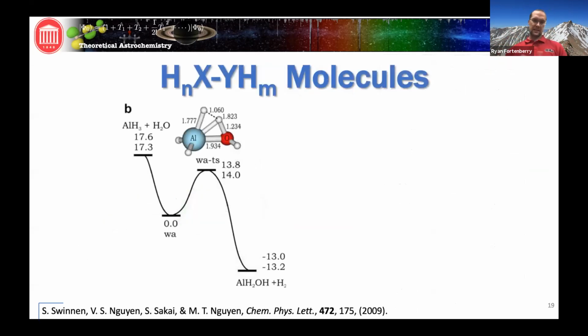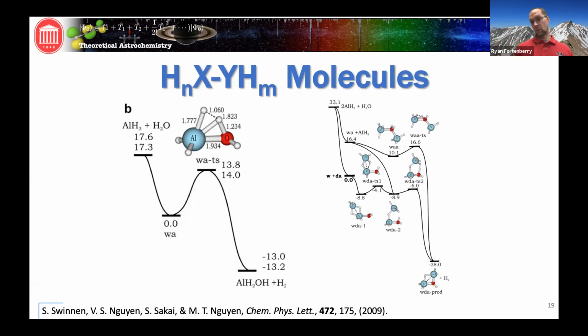So let's go back to how this thing forms. This could also happen astrochemically, as I've mentioned a couple of times. So I wanted to know how it worked. Well, they had done a follow-on to say that, okay, if you have two alanes, two AlH3s, then you can make this nice little bridge structure at the bottom. So I got to thinking, okay, well, can we keep this going? Clearly this one's downhill. Is it going to keep going downhill, or are we going to have to cross some barrier? Is it going to stop at some point?